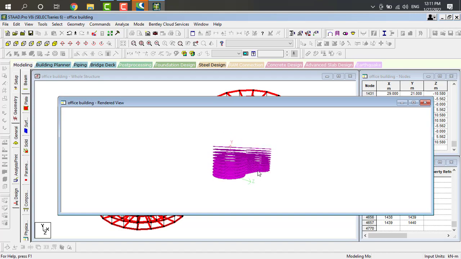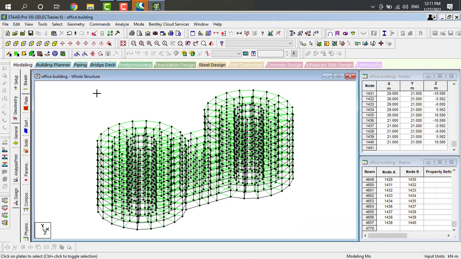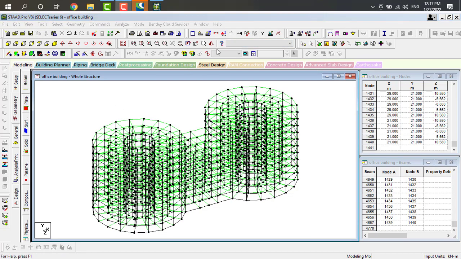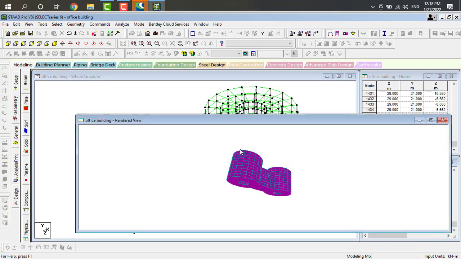Yes, this is like this when you are selecting plates. So here our plates for these 3 are applied, and go to rendering view. Here you have to observe the building in 3D rendering view. Yes, this is our building in 3D rendering view.